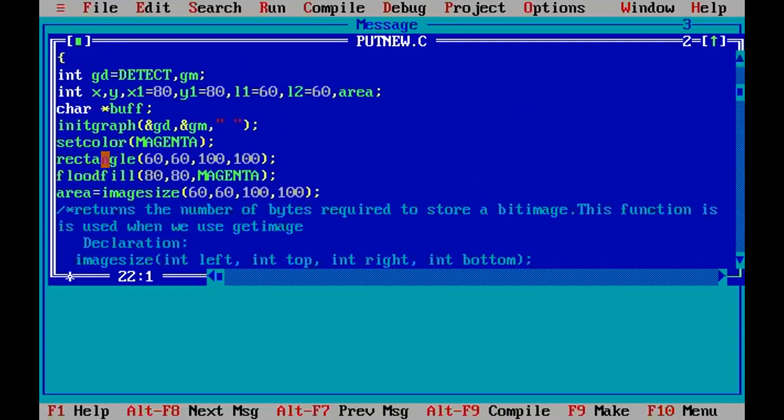Let's say if I draw a circle here, so what is going to happen? If I draw a circle with the values of 80, 80, that will lie within this region.